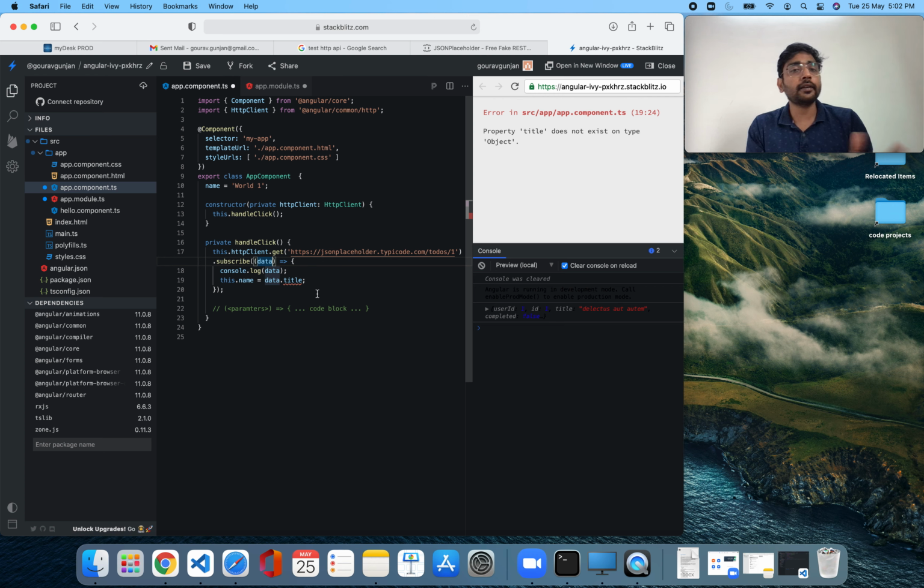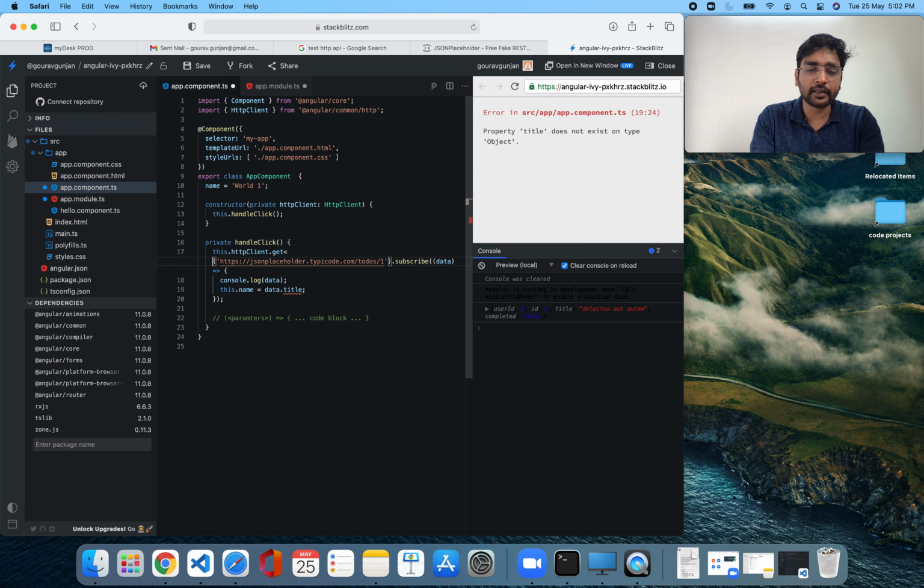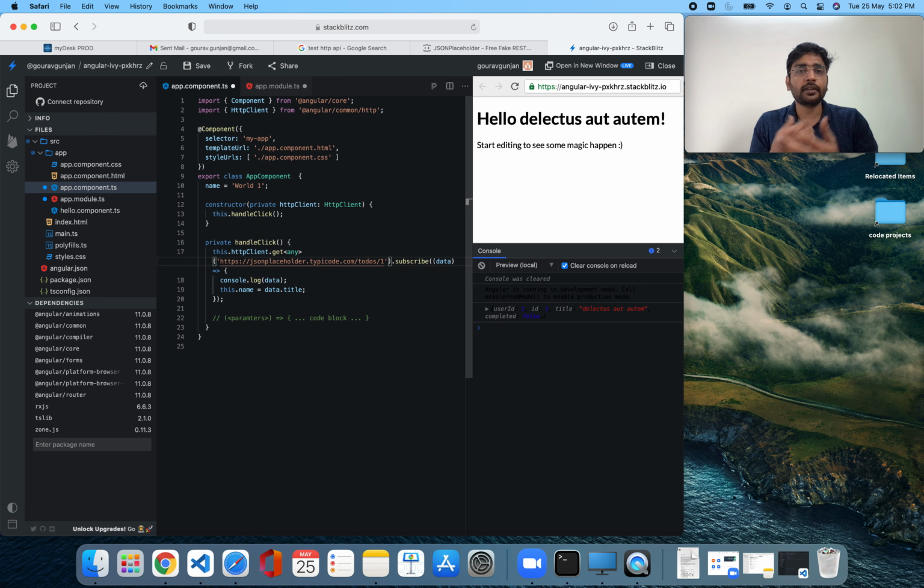Object is different from any. There are types in TypeScript. One type is called any, one type is called object and stuff. So any, when you declare something as any, it can be anything from string to number to any complicated object, anything like that. But when something is an object, just an object, in strict terms, you cannot have any property assigned to it by default.